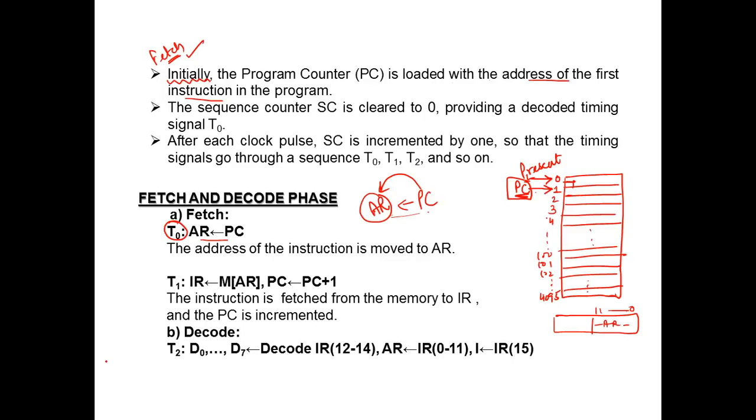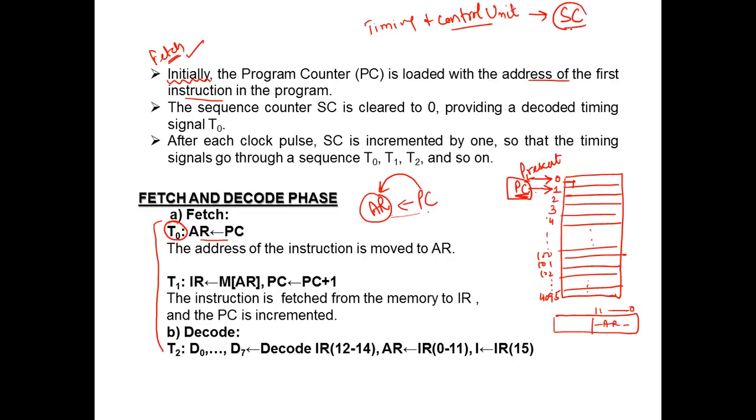So this is what is important to understand. Now, before beginning with these, there is one more point, because in the case of the control unit, let me repeat the topic here again: timing and control, because each and every topic is interlinked with each other. So it's important to understand here.